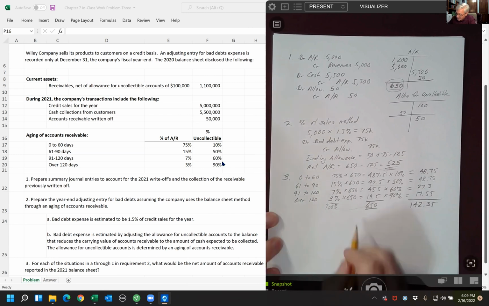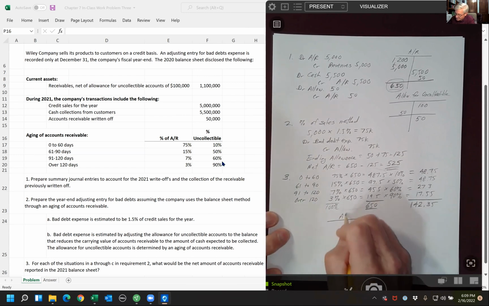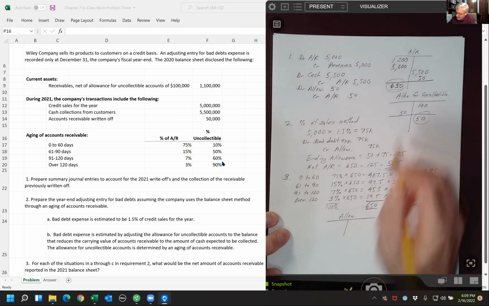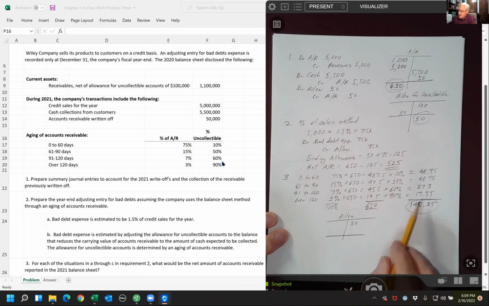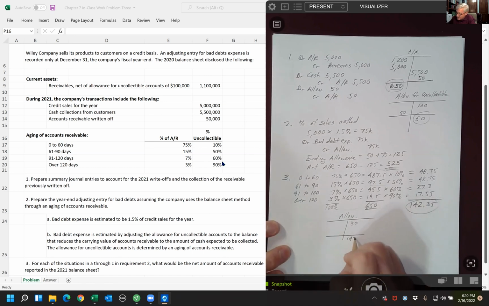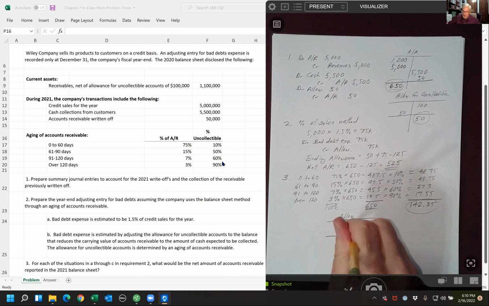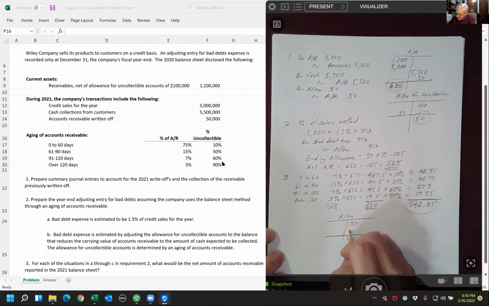All right. Again, look at our allowance account. Right now, it's sitting with 50. What do we want it to be? Based on the data we've looked at, there's 142,350 that will not be collected. So that is what needs to be reflected in the allowance account and on our balance sheet. We've got 50 there. What credit, solve for X, will take 50 up to 142,350? Well, that's just 142,350 minus 50,